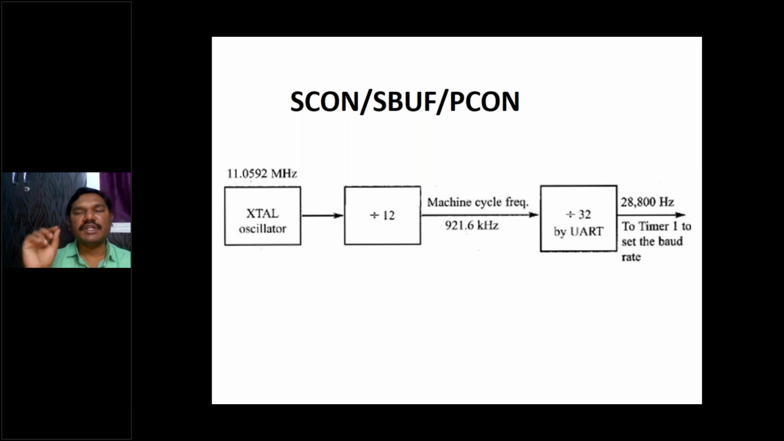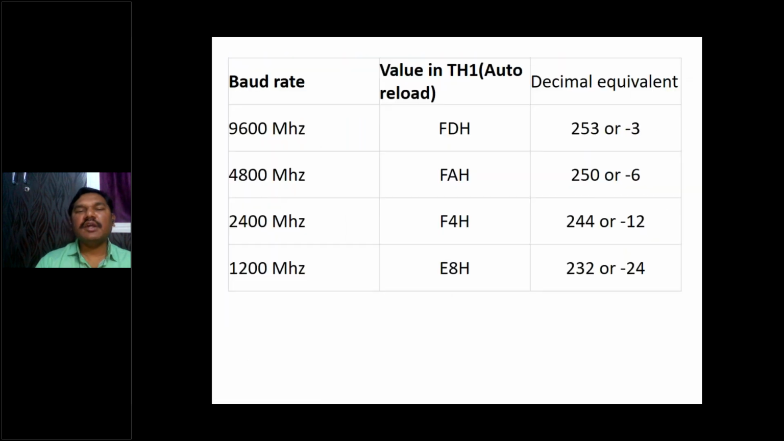Timers and counters are used to generate the baud rate for serial communication. Now see this oscillator frequency of 11.0592 MHz. If it is divided by a fixed value of 12, then we get 921.6 kilohertz. If this 921.6 kilohertz is divided by 32, it generates 28,800, an even value. If this 28,800 is divided by either 3, 6, 12 or 24, it